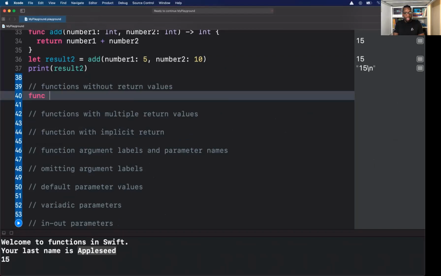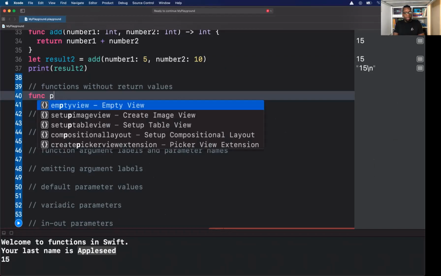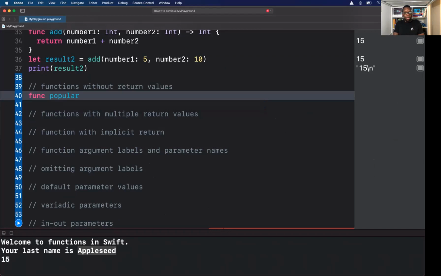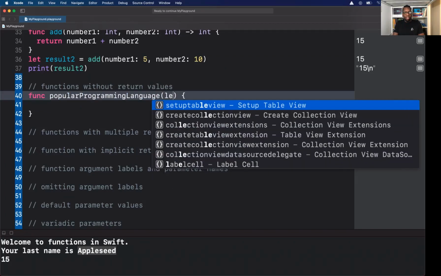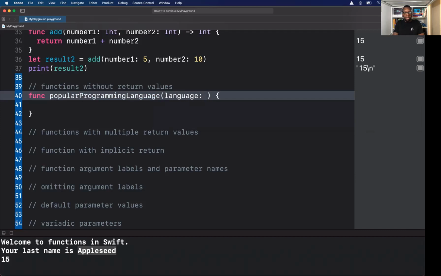So here I could say programming, I could say popular programming language, for example. And here it doesn't take in any parameters necessarily. Or actually I could pass in a parameter, just say language and pass in a string and just print